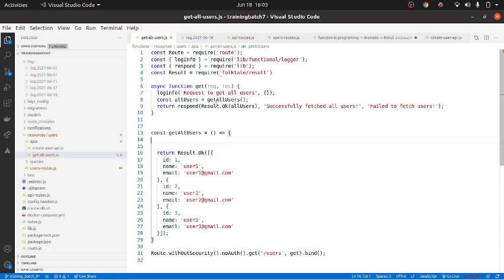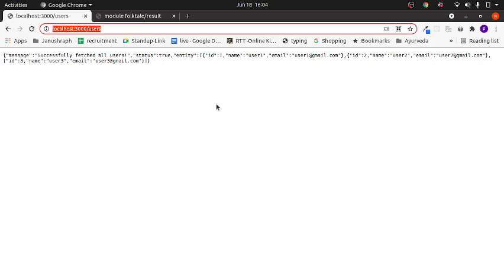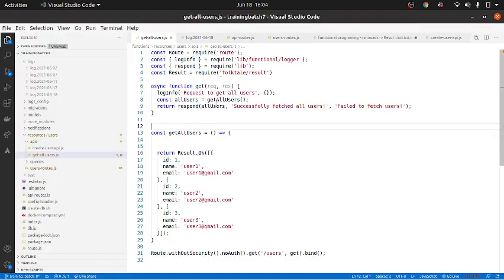In that case, here I don't need to wrap it with Result.ok, because your function itself is returning whether it is all right or not. Now let us take a look at the API. Is it working fine? It is working fine, right?